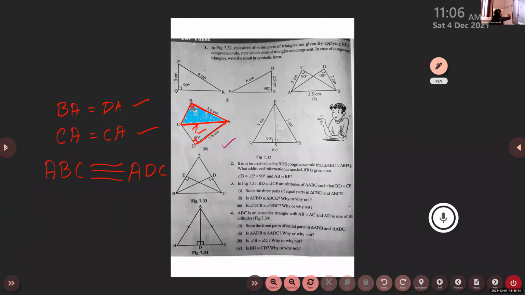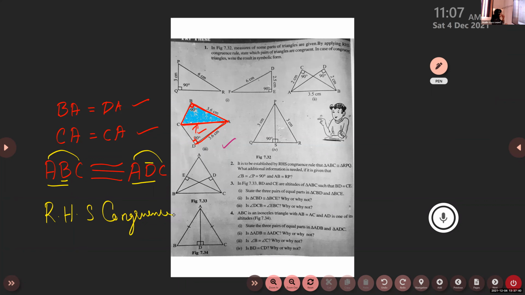Okay, let us check whether what she told is correct. AB is given. AB should be equal to AD. That is correct. Then AC should be equal to AC. Is it correct? Yes, ma'am. Same points they are lying, isn't it? Same position. So two sides are equal and angle B is equal to angle D. That is also correct, isn't it? Middle angles are also matching. Angles you need not measure like that because it is already given 90-degree angle, right angle. So by RHS congruence criteria, the two triangles are congruent.